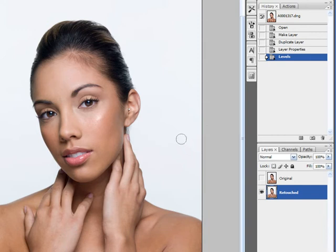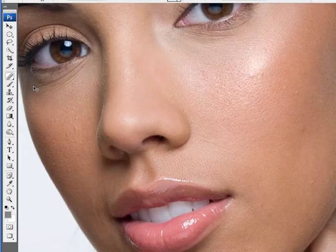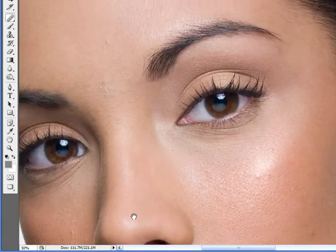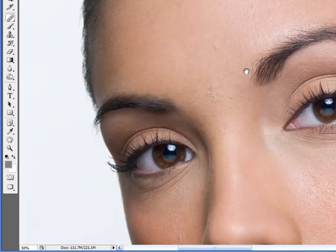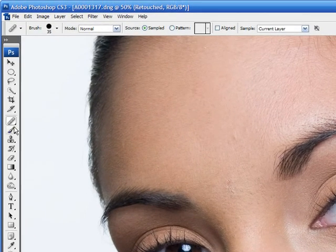Once you do this, the very first thing I do is use, of course, the healing brush and go over the entire image, getting rid of all the imperfections like pimples and scars and things like that. The important thing to note when we are working with the healing brush is make sure your brush size is